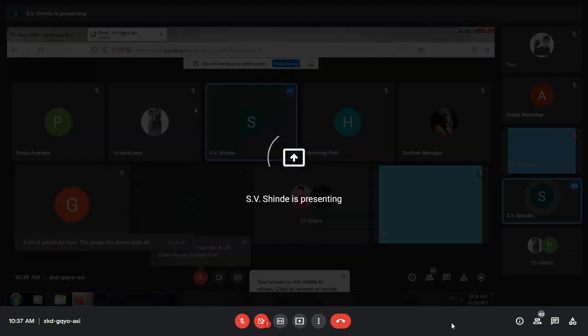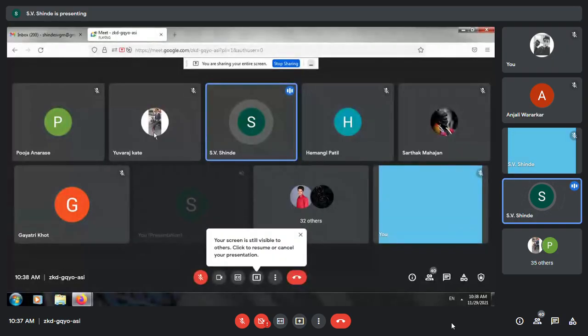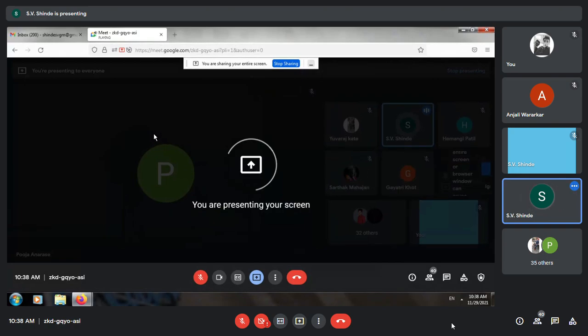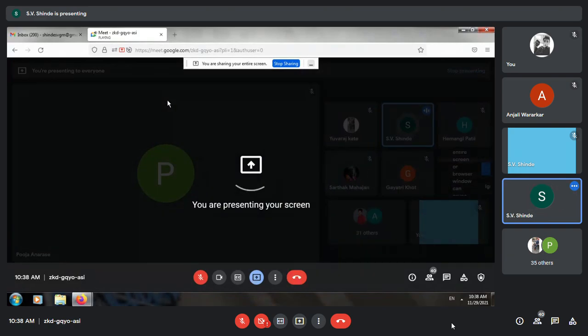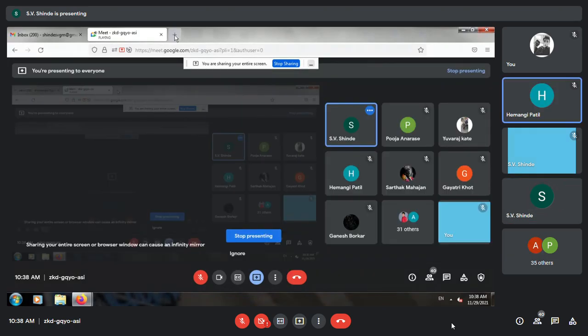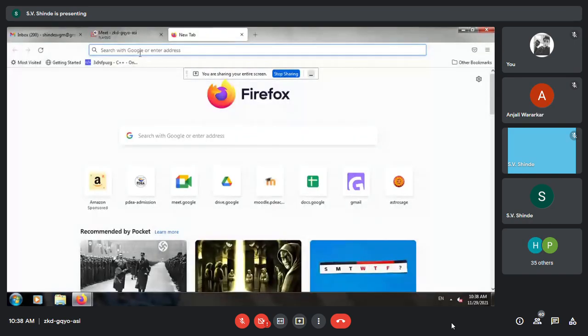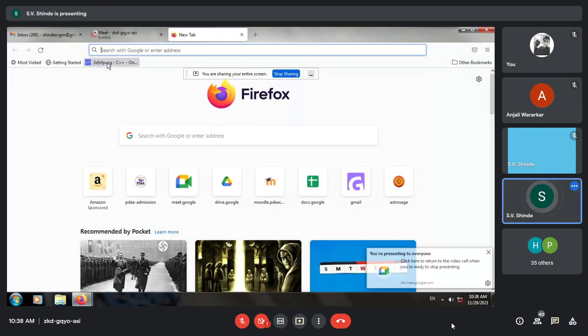Okay, let us use the C++ model. Yes, participants, are you able to view the screen? Yes, sir. Okay. So we'll implement it in C++.